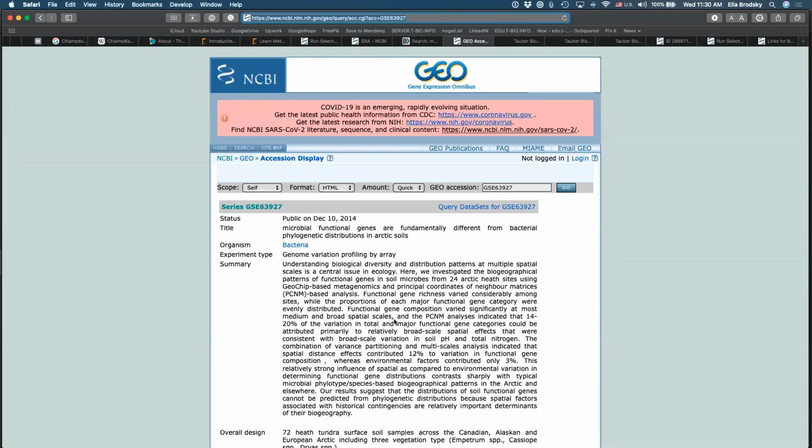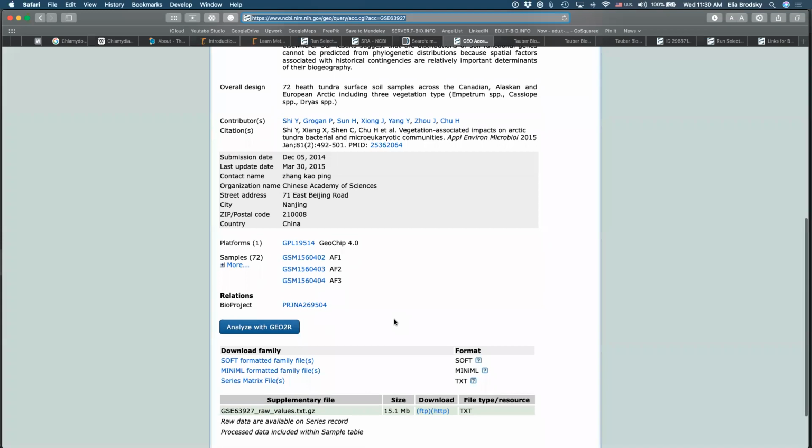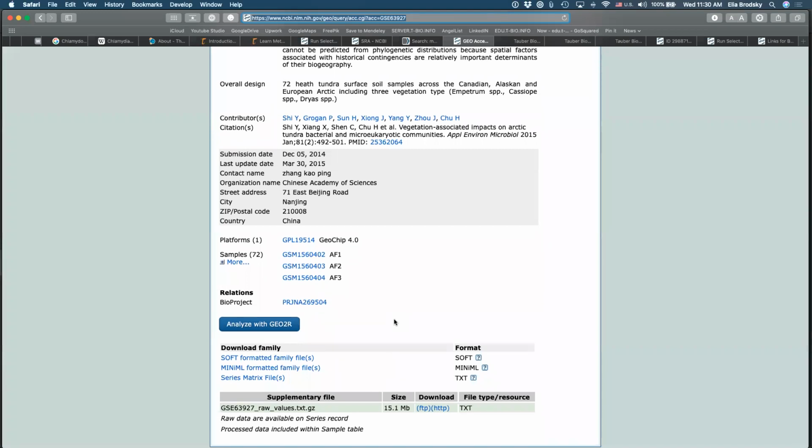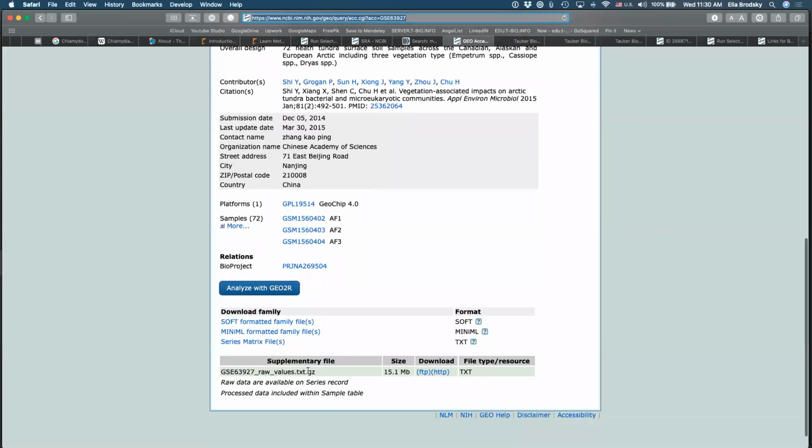And what kind of data do they provide? So here you can see all of the different 72 samples. You can download them individually, or please download this data set at the bottom. So this is GSE63927 raw values. Okay, you can click on FTP or HTTP and you will download that sample. So let me know once you've downloaded that sample. As we're running out of time,